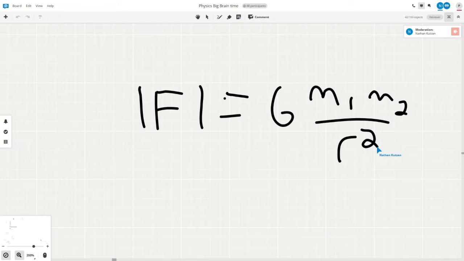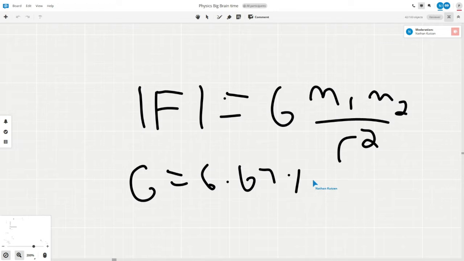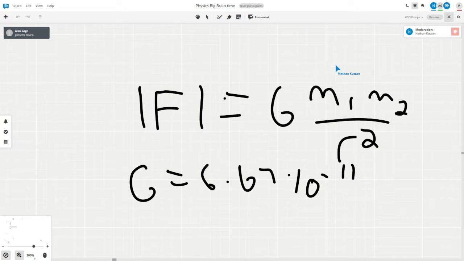The big G in this case is the universal gravitational constant, which is equal to 6.67 times 10 to the negative 11th. It is at the very beginning of the AP formula sheet. M1 refers to one of the masses, M2 refers to the other mass, and R squared is the distance